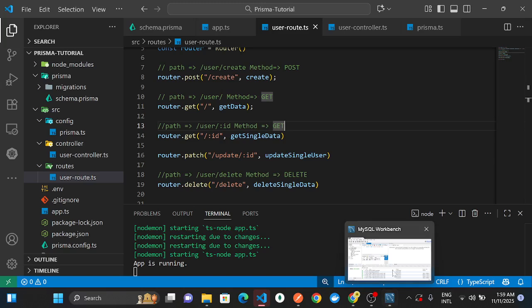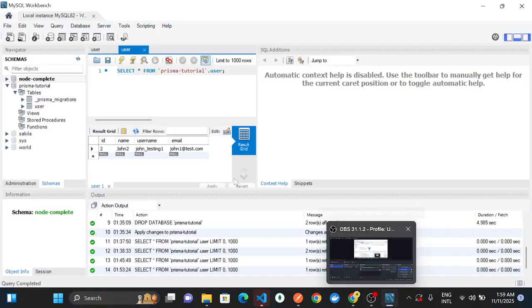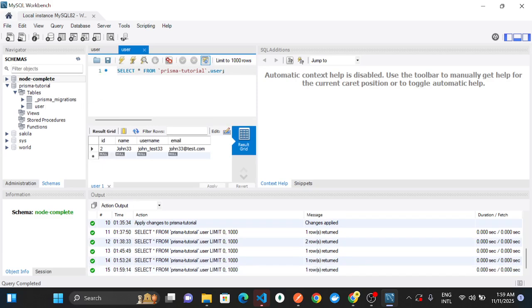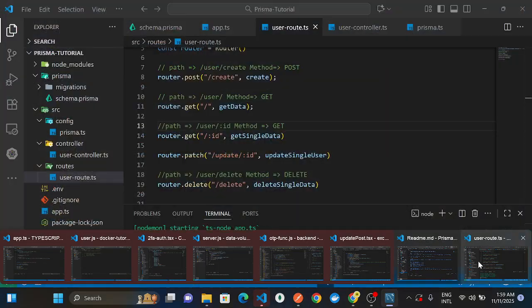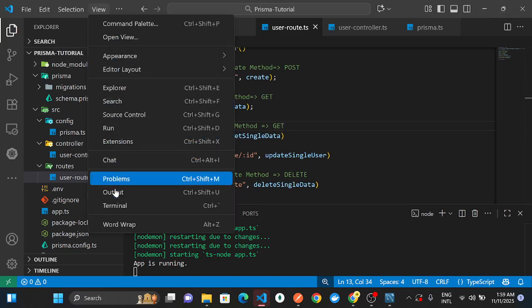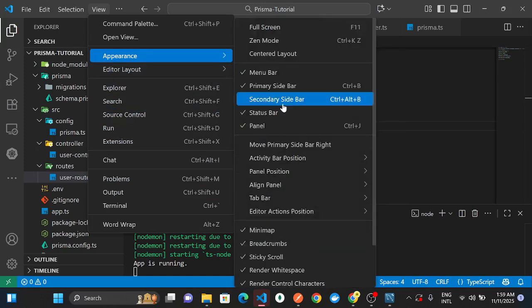So if we go to our database, we can see what is happening. You can see the 2 is John 2, testing 1 and test 2. I'll go ahead now and send a new one. The latest one, you can see John 33, John 33. So that is it. I can easily say I've succeeded in teaching you guys CRUD operation with